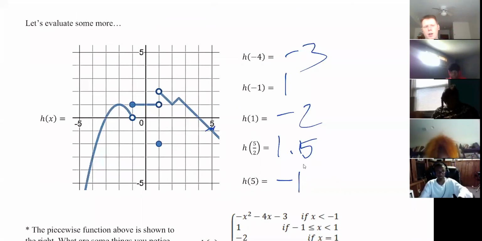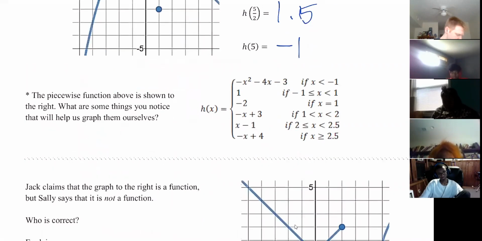A function from a graph. So you'll have some questions in the Delta Math. I was looking at them. I think I picked specific ones because I wanted you to see certain cases. But that's a lot of what your Delta Math is so far. Some of them will be where you have a graph. Some of them will be more like where you have a function. Our last thing we're going to do today